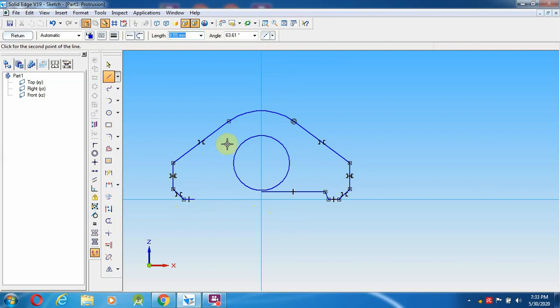It was 20 degrees from 90 degrees, so 110 you gave. So now we can give a 70 degree angle, 70. Enter. From there to here, and go to extend to next. Extend to next. Select the trim option over here.